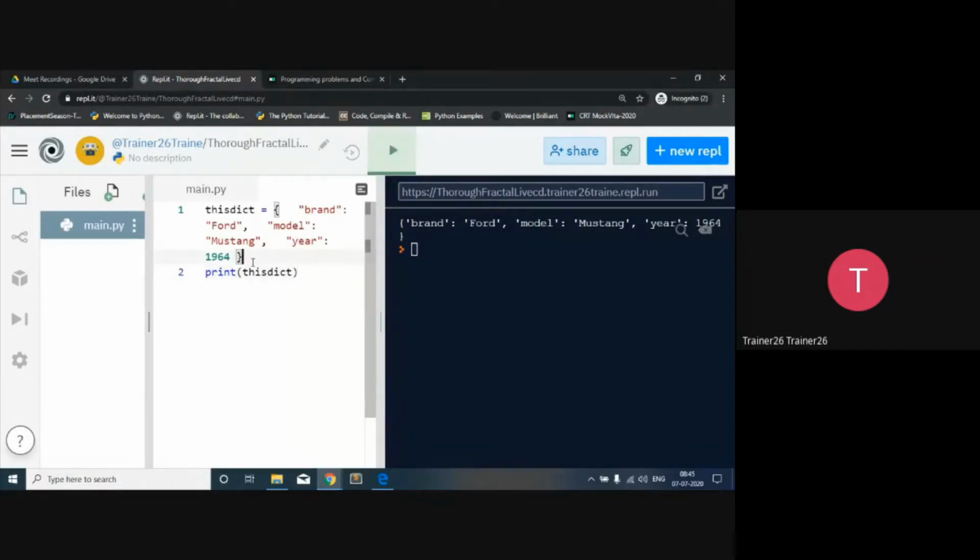So right now it's not going to get changed. For example, I just want to add something over here. So I'm going to say here, in this dictionary, I want to add a particular thing. I'm going to use the key. The key is year, and for year I want to assign some value, 2001. In this way I'm going to assign the values, and I'm going to run it. As you can see, I have assigned the value, then again run it.